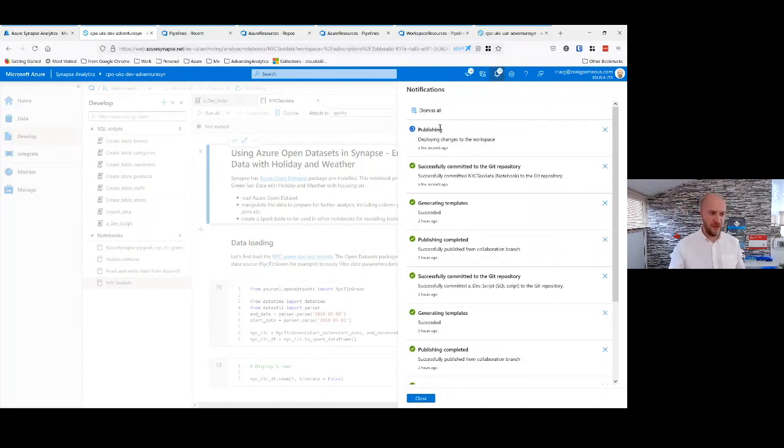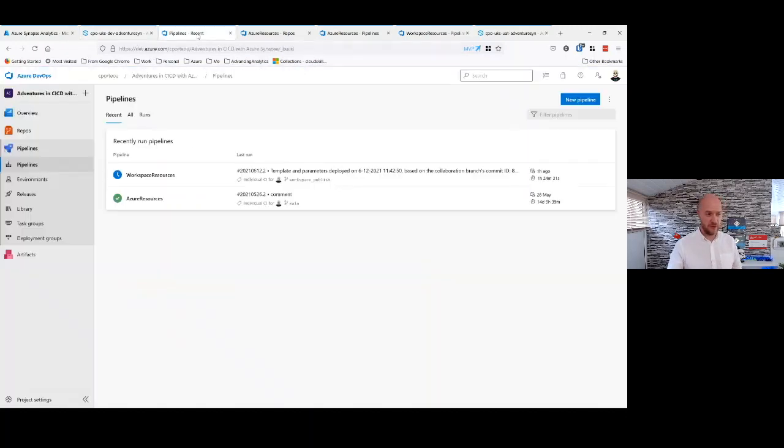So while that's running away, I'll jump over to my Azure DevOps environment. If you're not familiar with Azure DevOps, this is the pipeline section, which just outlines the pipelines that I've set up for each of those components. I'll come back to the Azure resources piece because I think it's still valid to talk about it and how you can set these up using YAML pipelines and the flexibility that you have. But looking specifically at the workspace resources,